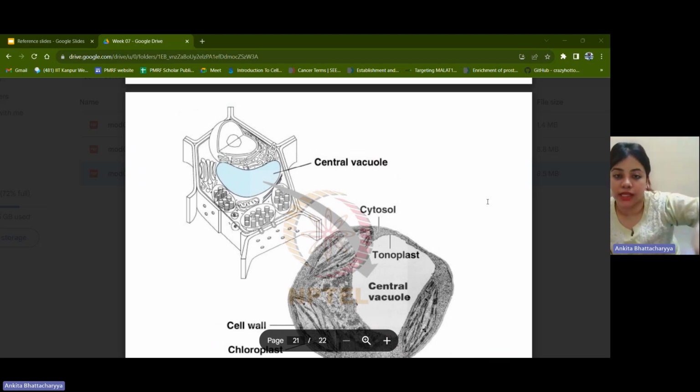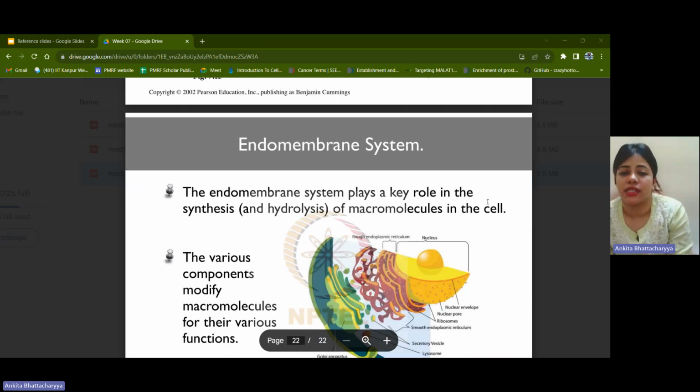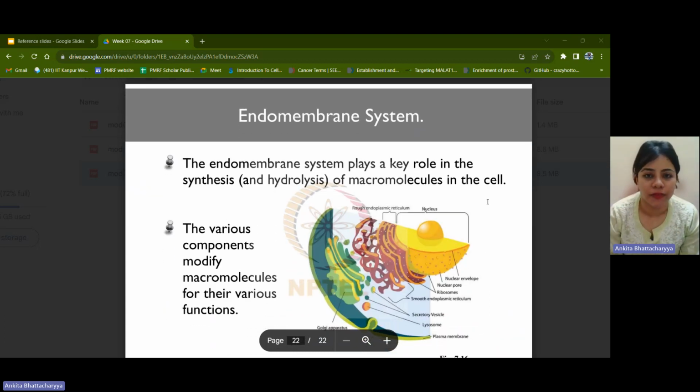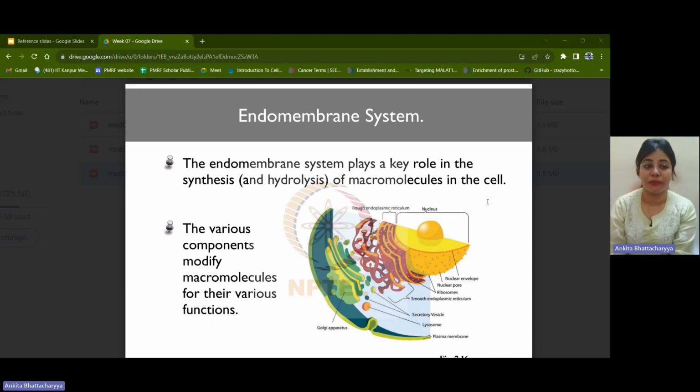You can see that in the plant cell, it occupies a major percentage of the cellular area, and that is basically its job. And that pretty much wraps up all the topics that were part of this week. It might have gone by a little fast, but if there are any doubts, please do go ahead and bring it up. So basically, we looked at all of the types of endomembranous structures that are present within the cell,